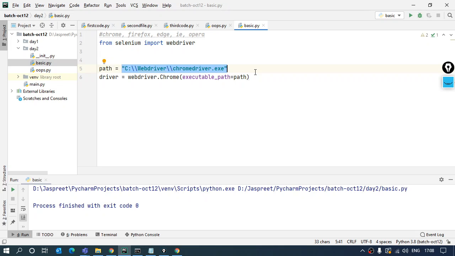Everyone either keeps the drivers in the package itself, that's one thing. Second, they add the path of these drivers into the system variables. Got my point? Into the system variables. Once this path is added in the system variables, this will go and this will go as well.